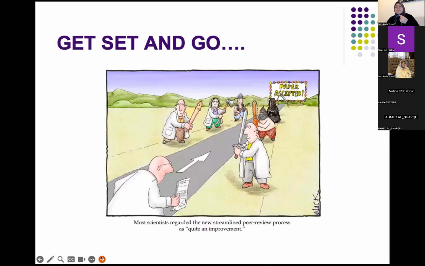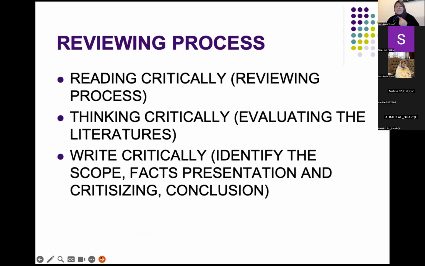Okay. This is about publishing. So yeah, it's very difficult, especially if you want to publish literature or review papers in good journals. It's very difficult. And then, reviewing,